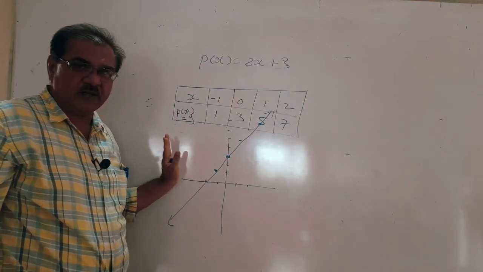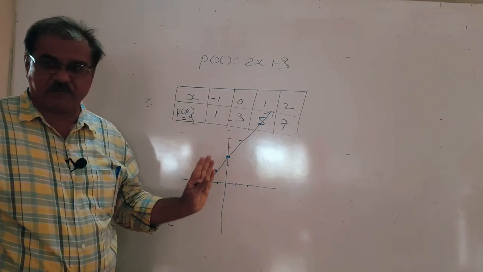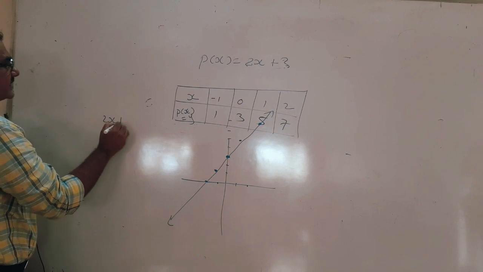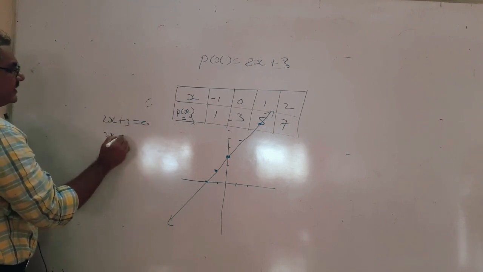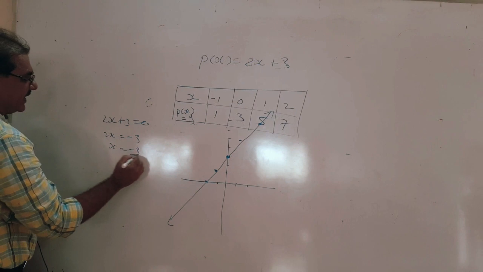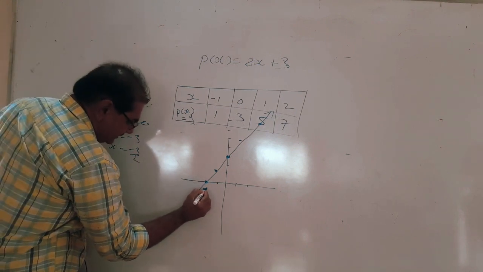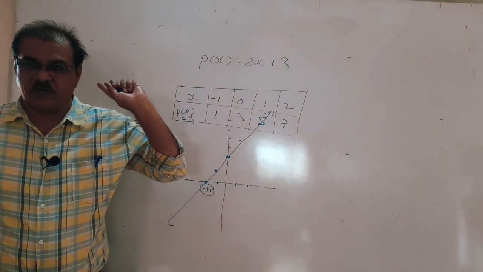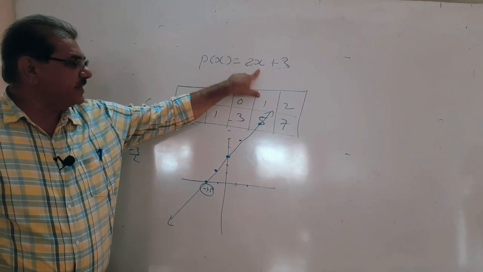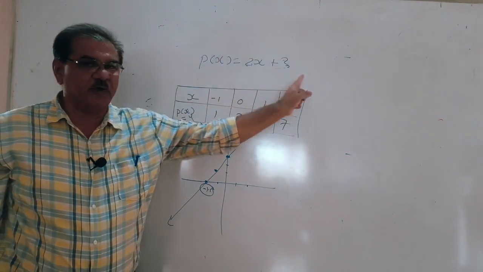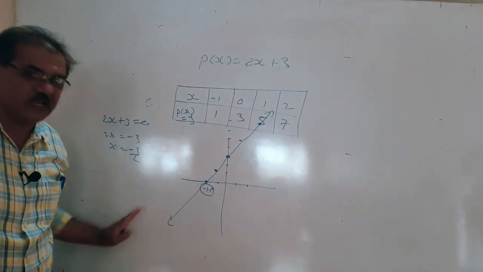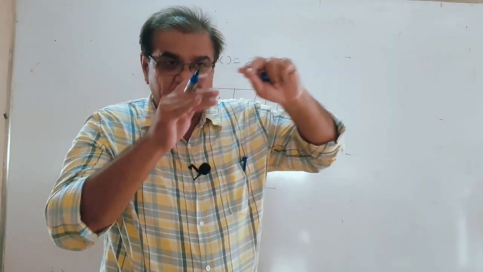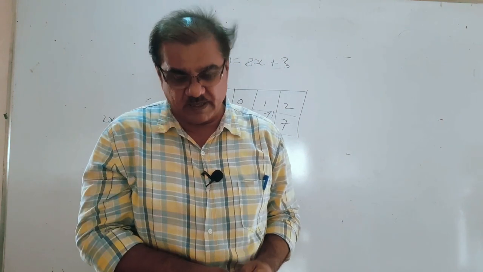So if you draw it very clearly on the graph paper, what answer will you get? As I told you, 2x plus 3 equal to 0, 2x is equal to minus 3, x is equal to minus 3 by 2. So this will be minus 3 by 2, meaning minus 1.5, that will be the zero of this polynomial. If you plot the value minus 3 upon 2 for x, the value of the polynomial will be 0. So this is a linear polynomial. Why is it called linear? Because the graph of the polynomial gives you a line on the graph paper, so it is called a linear polynomial.